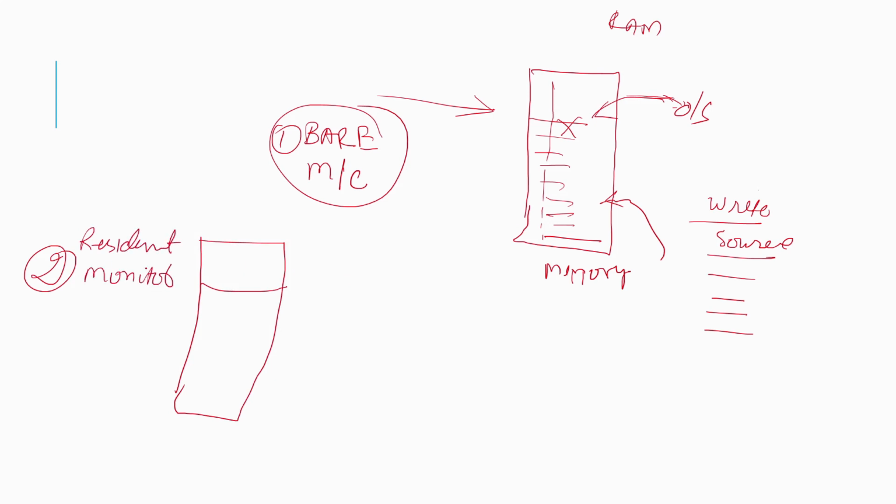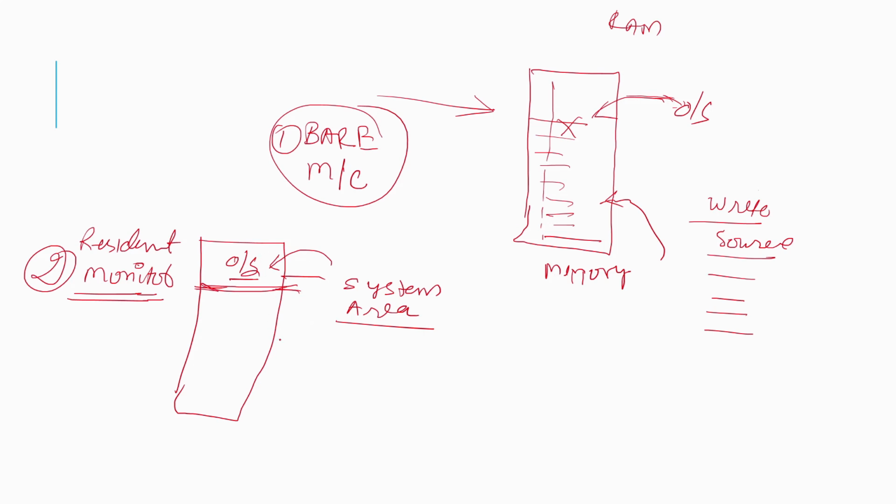So some kind of automated program was generated, which nowadays we call the operating system, and this was kept in this area. We call it the system area. In this system area, the monitor program that we call the resident monitor was here, and memory was divided into this area.